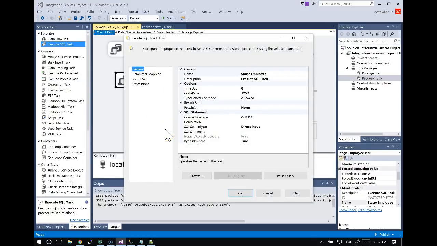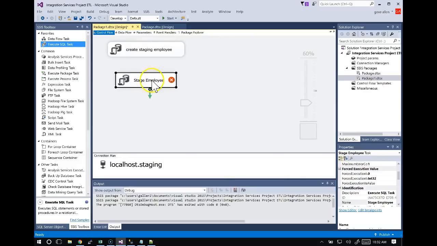Let's see. I might have got the wrong one. Yeah, that's a SQL test. Thank you. That's why it looks a little bit weird. But